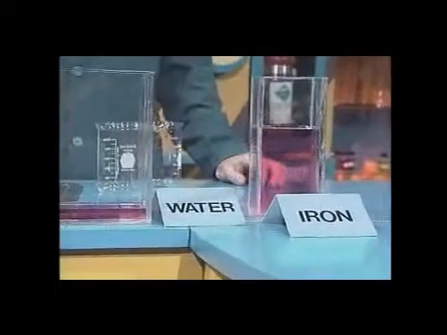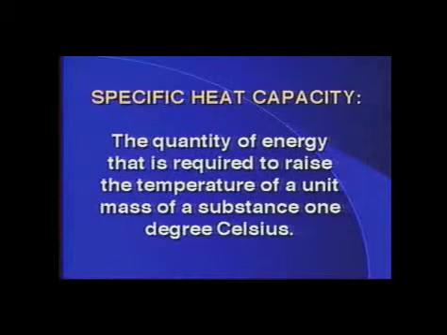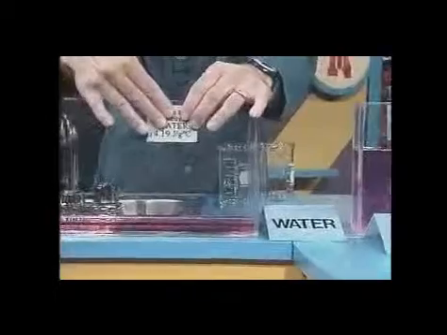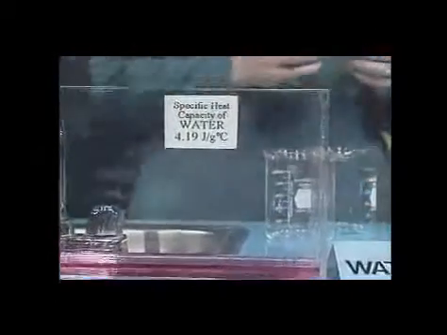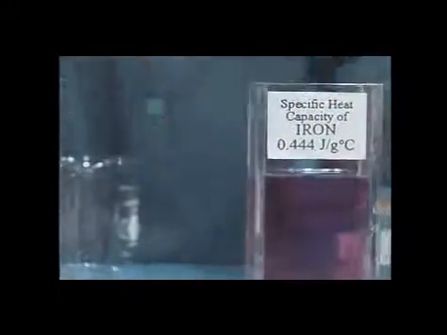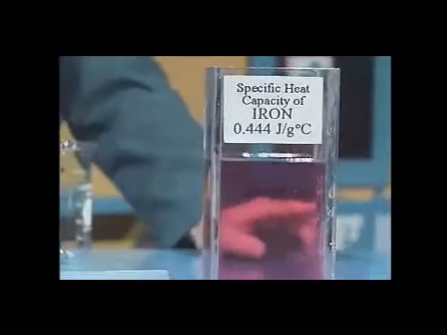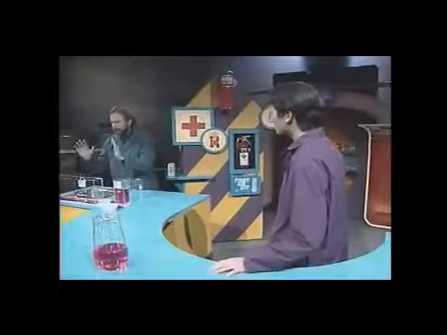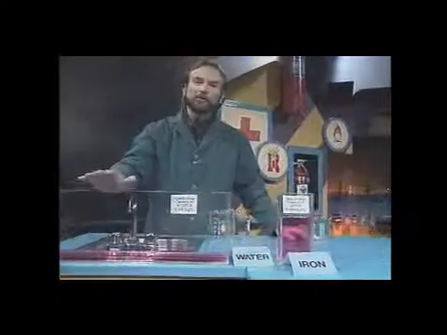And this relates to specific heat capacity, which we define as the quantity of energy necessary to raise the temperature of a measured mass of any substance by 1 degree Celsius. In the case of the water, it takes 4.19 joules of energy to increase the temperature of 1 gram of the water by 1 degree Celsius. Whereas for iron, it only takes 0.444 joules to increase 1 gram by a degree Celsius. So even though I added the same quantity of thermal energy to each of these, the fact that the water has such a much larger capacity for storing energy means that its temperature did not increase by the same amount.